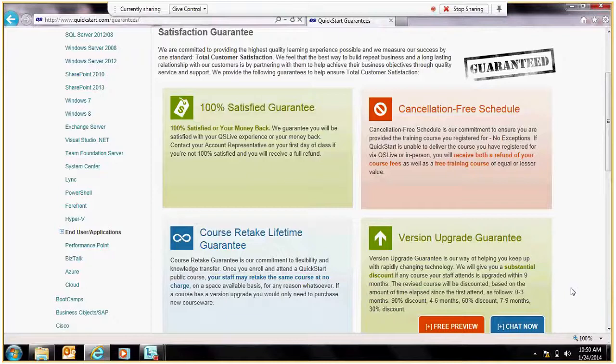But there is a phenomenal, and I'm not saying this just because I'm the instructor of the class, but this 3-day Orchestrator class allows you to really dive in, and it talks about creating runbooks. It's 3 days creating runbooks, and the last day of the class you do a 4-hour lab on product integration. And maybe the second day of the class, you're doing a 3-hour lab of just creating runbooks. What I like about the labs in this course that we're offering in February, and I think again in March, is the fact that